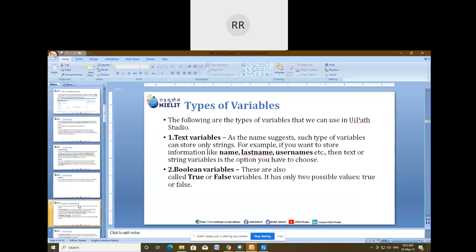The next is the Boolean variable. All these different types of variable are actually there in UiPath Studio. I will show you also. Boolean variables are true or false type variables, and they have only two possible values, either true or false, or we can say 0 or 1.